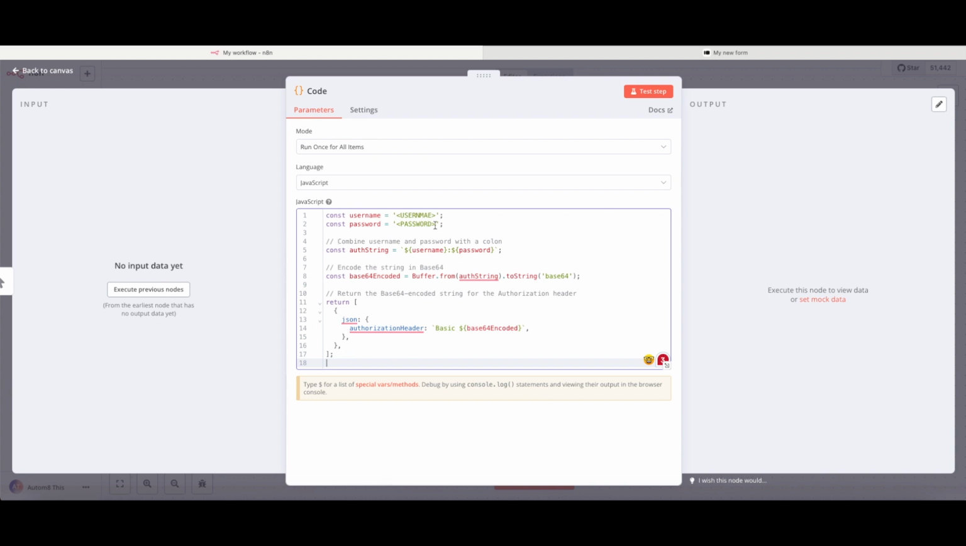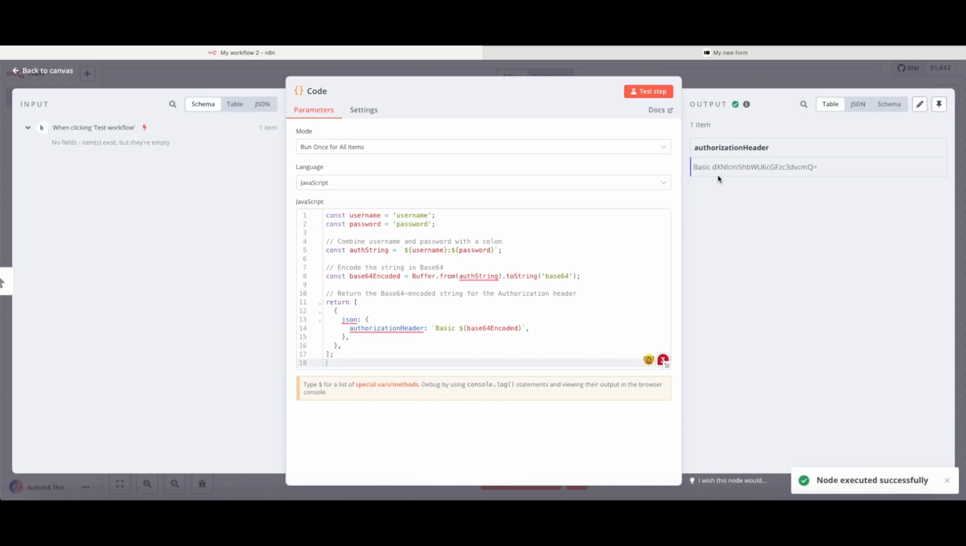a base64 string. So I'm going to change this username bit here to the username that I used. So this was username. And I'm going to change my password to password. Again, you will need to use whatever username and password you created in your basic auth in here. I'm going to run this as a test step, and what it'll do now is spit out this authorization header, Basic, and a string of numbers and text. And I'm going to copy this,